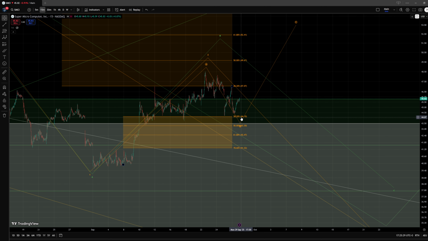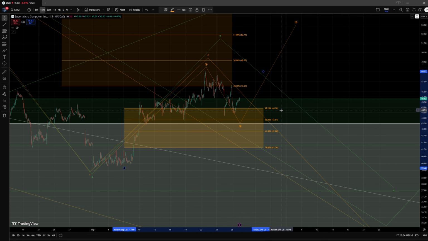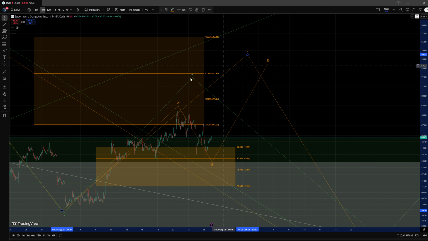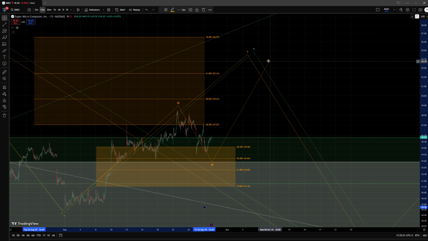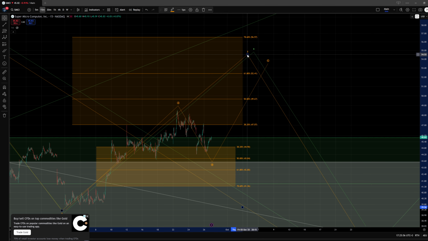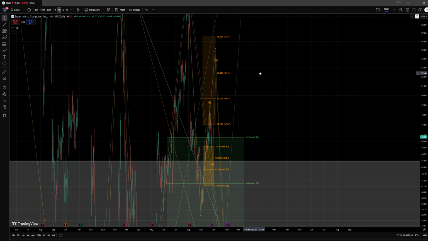Realistically we need to break some support levels for a confirmation that we actually topped here within this wave 2. And such levels in this case, with the latest top, we can look at around the area between the $44.9 all the way down to the $41.4 level at the 78.6% retracement. Now as long as we stay above this level, I am still open to pushing higher within this correction, either in the wave B in green or the wave 2 in orange. And then after this is complete, we will expect